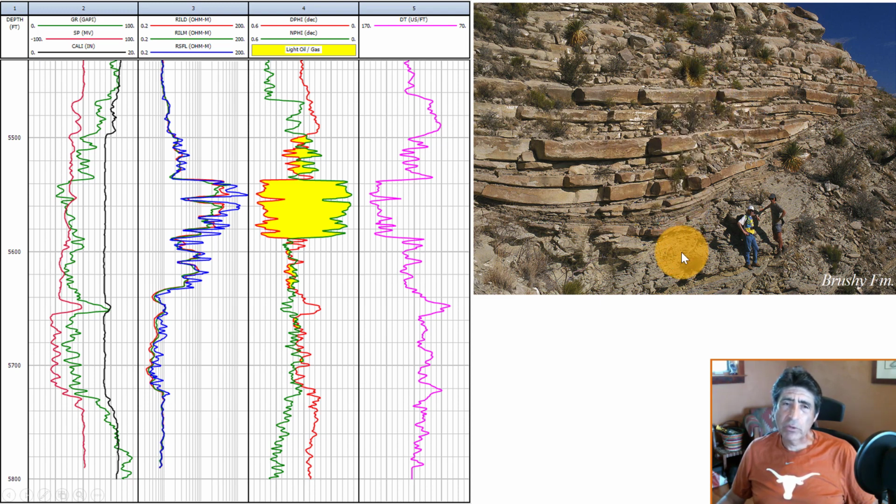So when one looks at a channel like this, it's very important to understand what the response from the different logs is going to be, and this one happens to be a channel right here, and we have stacked channels over here, and then over this part we have a section that is highly laminated because this is the distal part of the fan complex of the turbidite sedimentary system, and we're going to look at some rocks comprised in this segment.